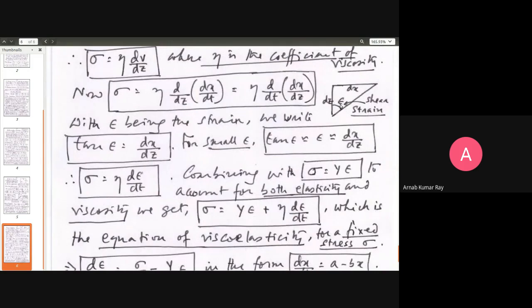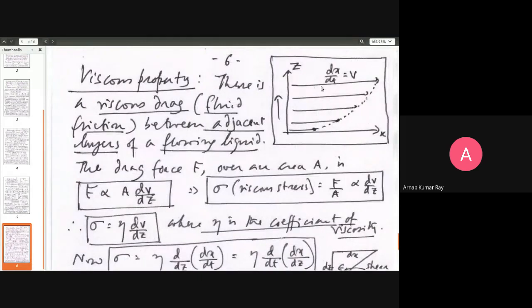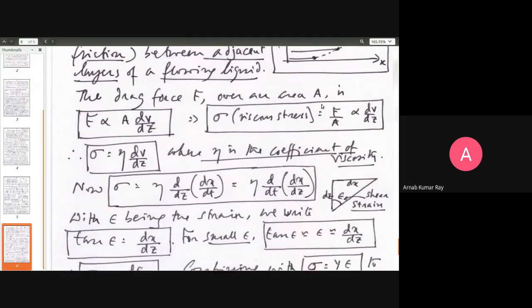So epsilon is the angle that captures the strain, right? It's shear strain. Epsilon captures that strain. If epsilon were to be zero, then there would be no strain. Instead of this curved dotted line, you would have had a vertical dotted line, and they would have all marched in proper discipline in tandem, like soldiers marching on Republic Day.